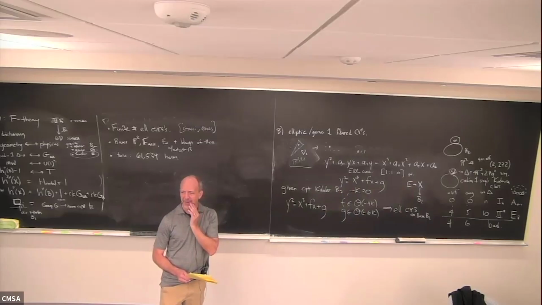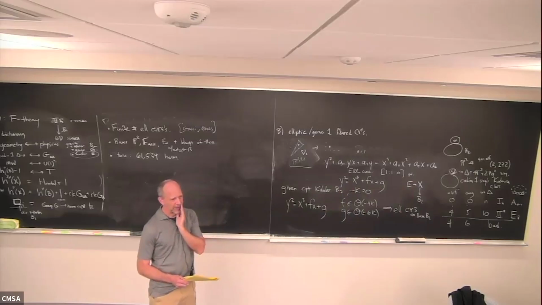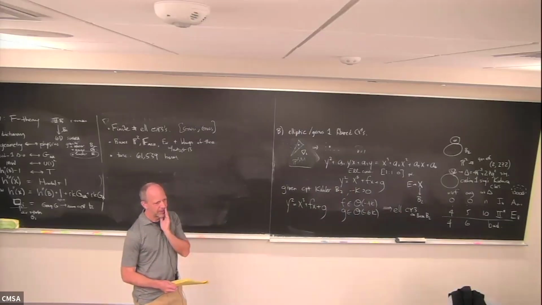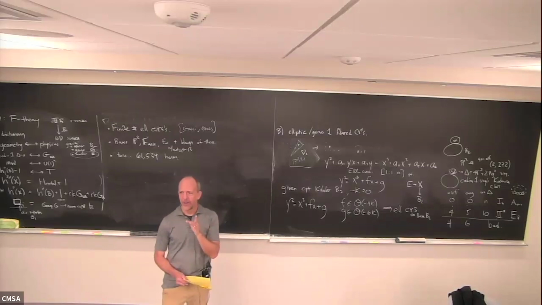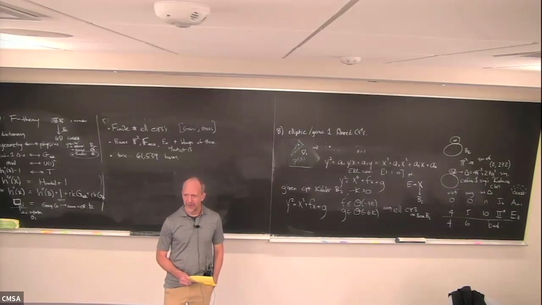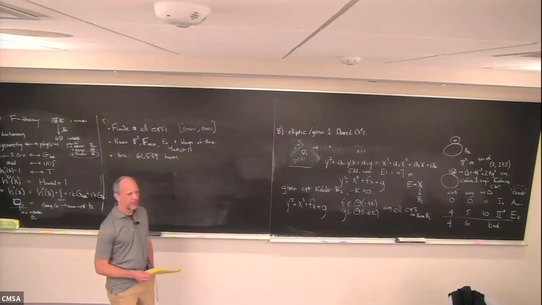Was this the talk at String Pheno where they bounded h11 from above by 6,000 and something as a theorem? Yes, exactly. Okay, yeah, so those are strong. The results are weaker because they have fewer assumptions, but those are theorems. Here, the Grassi-Gross paper is a finite upper bound. Yeah, it's the 6,000 upper bound.